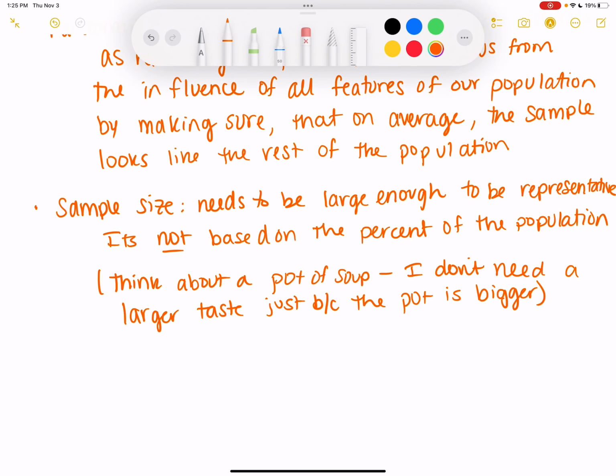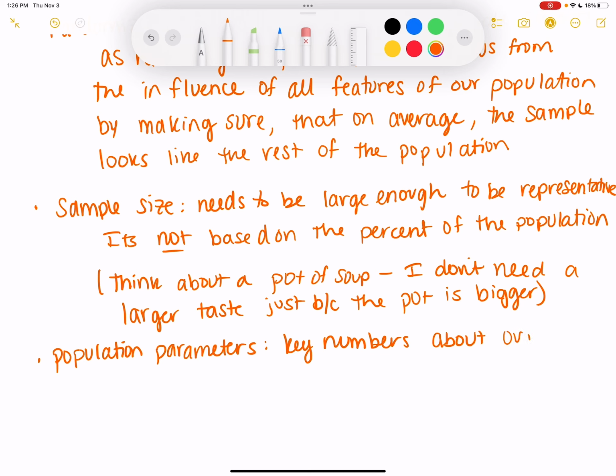And the next one, population parameters. These are key numbers about our population. We usually don't know these.